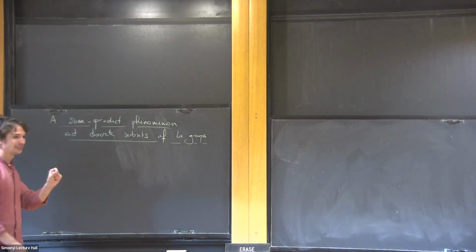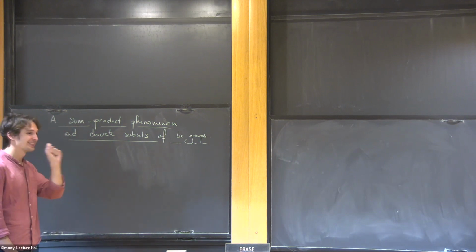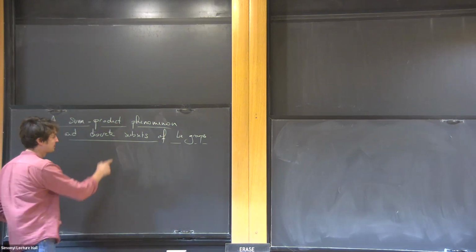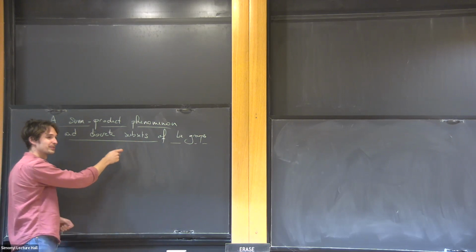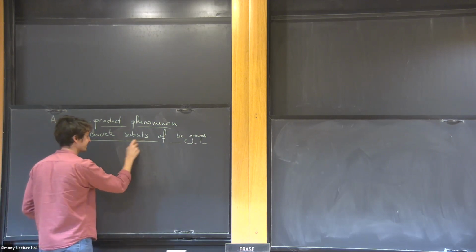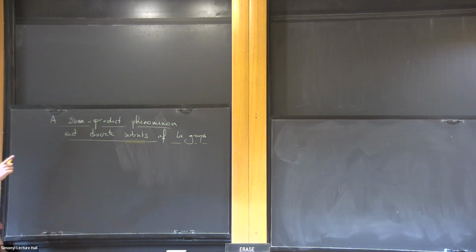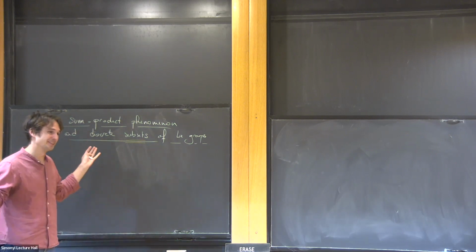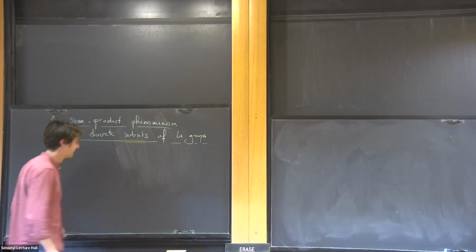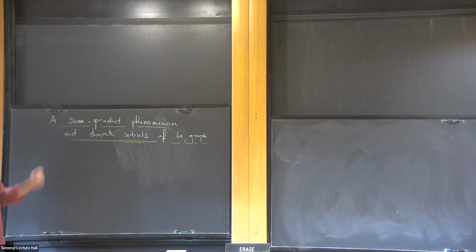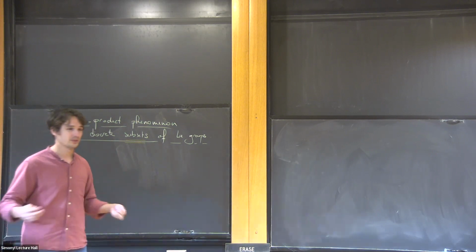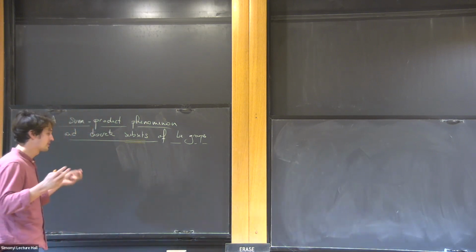Yeah, perfect, because you said subgroups of Lie groups, and that's exactly my point. So usually people, when they read this title, they read subgroups, and I'm going to think about subsets. That's what I'm going to talk about today. I'm going to try to say something about these discrete subsets of Lie groups.